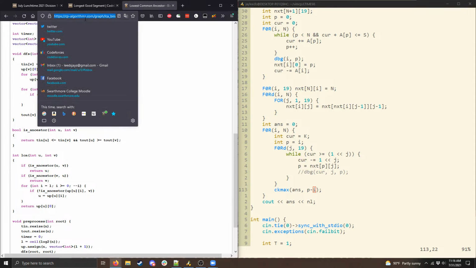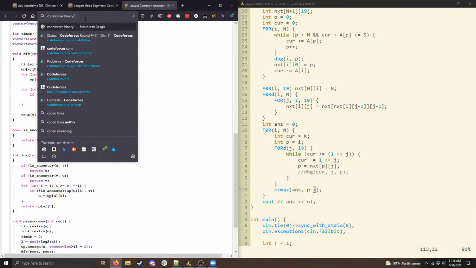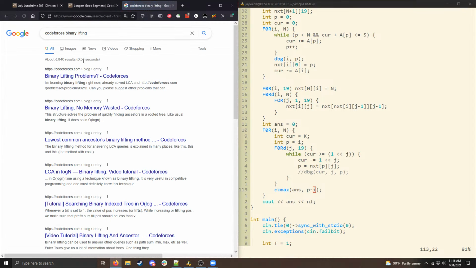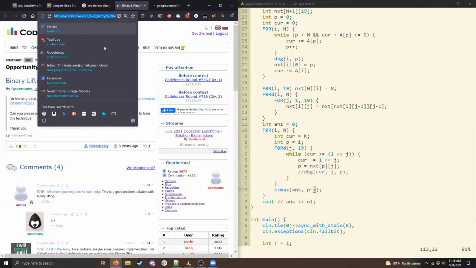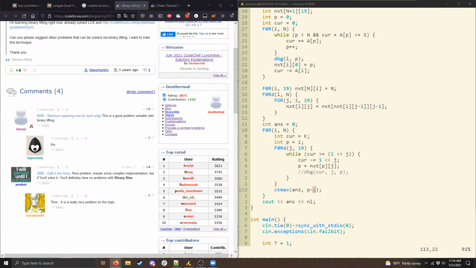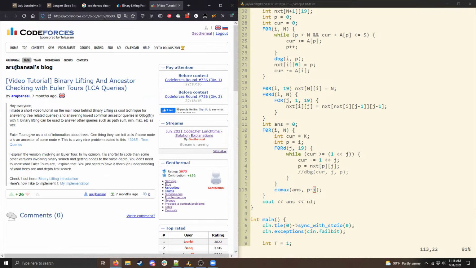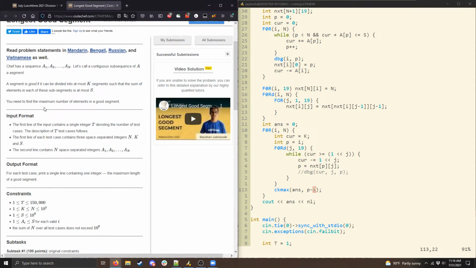If you haven't, I would encourage you to read some articles and then upsolve. I'm going to look, I want to see if there's a more general article, because there are actually a lot of applications of binary lifting that are not LCA. Yeah, let's see. So here's a couple of practice problems, and here's someone's video tutorial. Obviously, I haven't vetted these resources myself, but if you're looking to learn more about binary lifting, maybe you'll find those helpful.